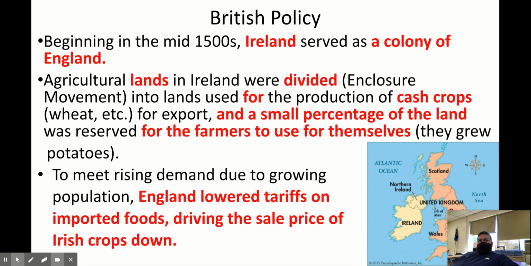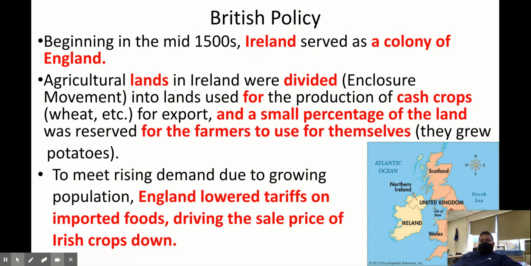Okay? And what's happening in Ireland is that most of the land in Ireland is used to grow crops that will be sent to England. Okay? Those crops are supposed to be feeding the industrial population. That's what they're for. Now, Ireland was paid for these crops a nominal amount so that they can kind of just keep up and running and producing crops. But the industrial population is growing in England so quickly that the demand for food is